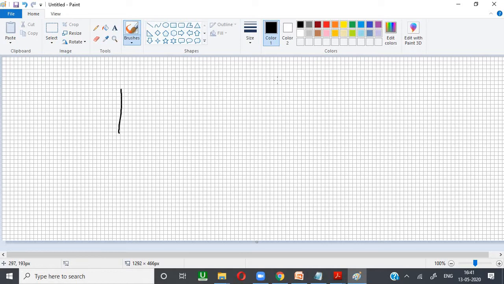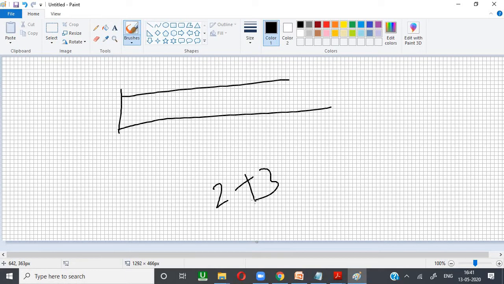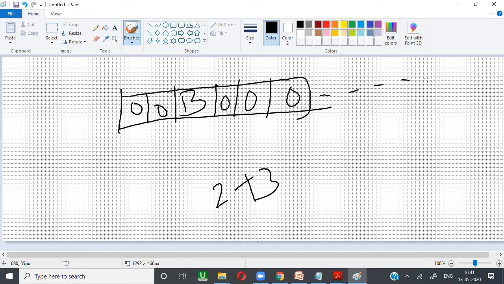For example, if I want to perform 2 plus 3, I will go with 2 zeros, then one blank symbol, and then 3 zeros. The remaining tape may contain other things; I don't need to bother about that. This is the way of representing input on the Turing machine when you are performing integer functions.